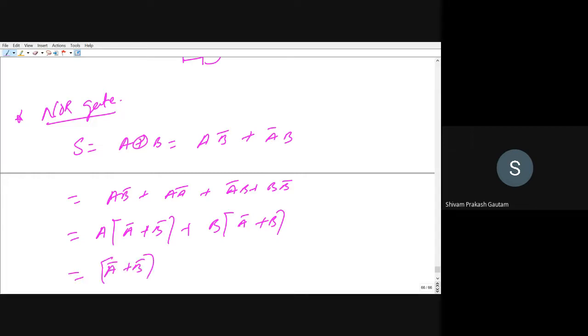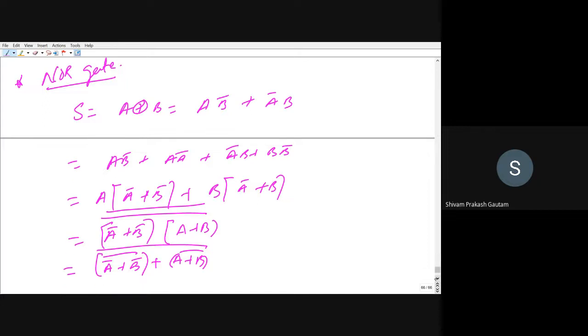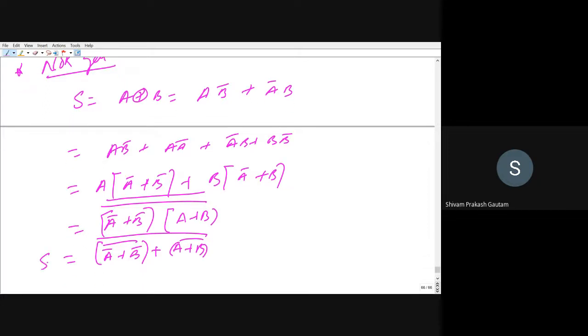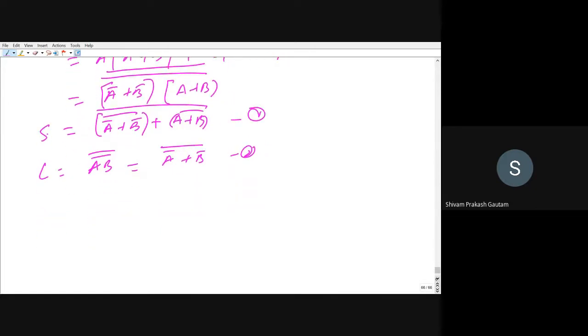Now this step is different from NAND gate, and here we will be having AB. Again we have to double complement it at this step. So this will be A bar plus B bar whole bar plus A plus B whole bar, right? So this is the expression that we want to make, that is A bar plus B bar whole bar plus A plus B whole bar to the whole bar, right? So this we want to implement using NOR gate, and similarly carry was there, that is AB. I can do double complement, so this will be A bar plus B bar whole bar. This is equation number 2. So now we want to implement this equation number 1 and 2 using NOR gate.